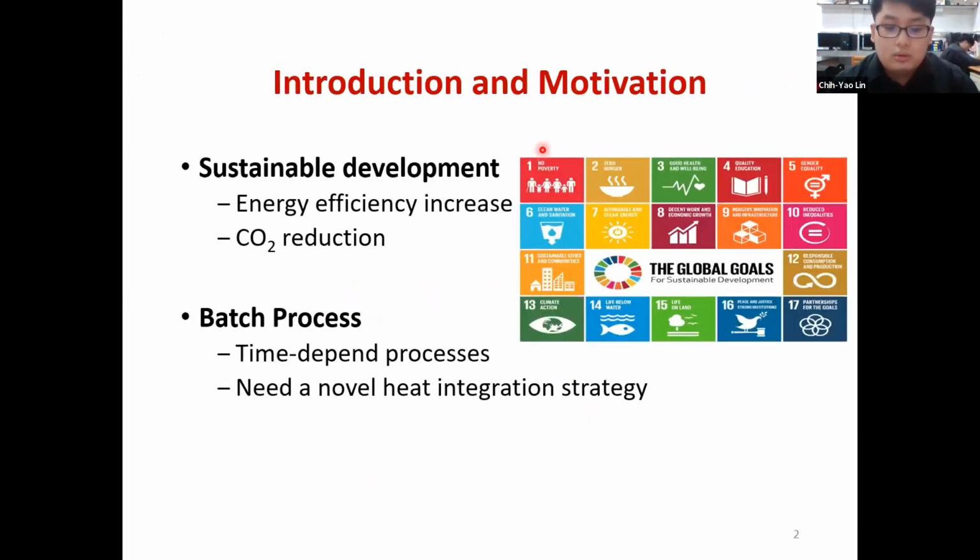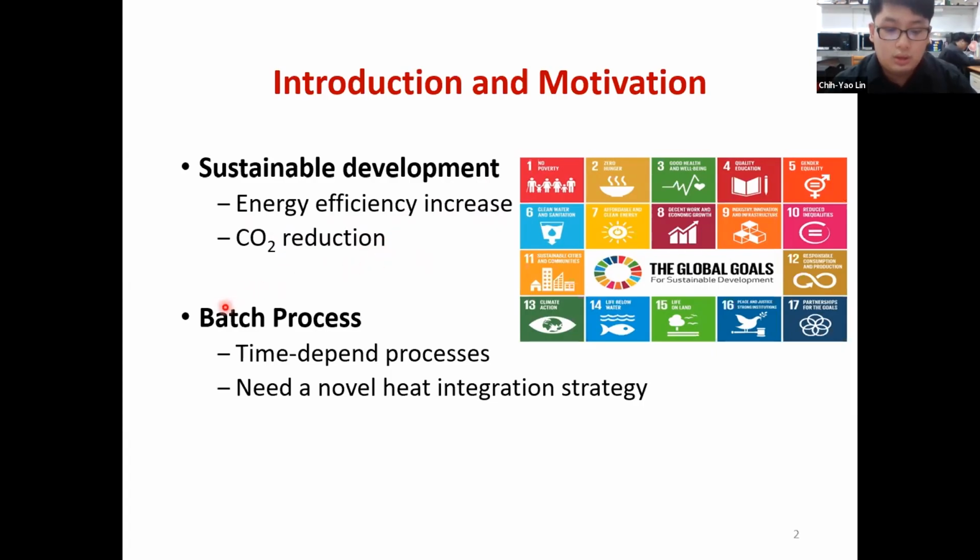According to the global goals for sustainable development, it hopes to facilitate access to energy research and technology in order to increase energy efficiency. Carbon dioxide reduction is also an important issue. Many countries are valuing net zero. In order to achieve the goal of net zero, we study heat integration for batch processes to decrease energy